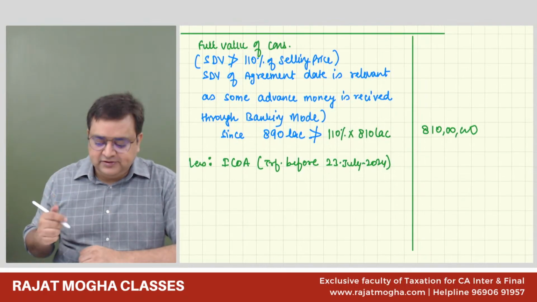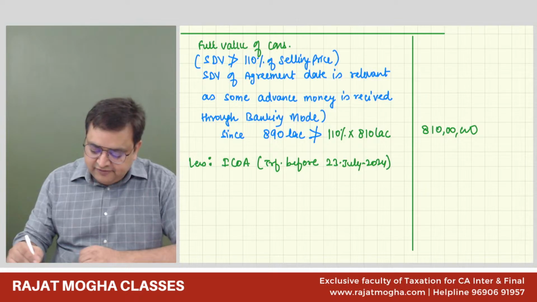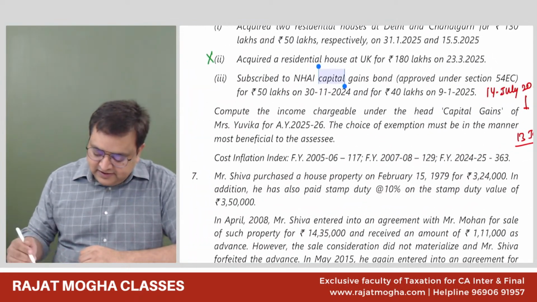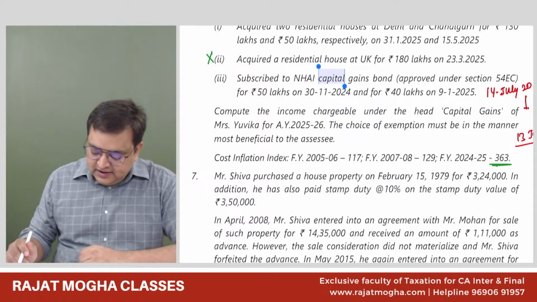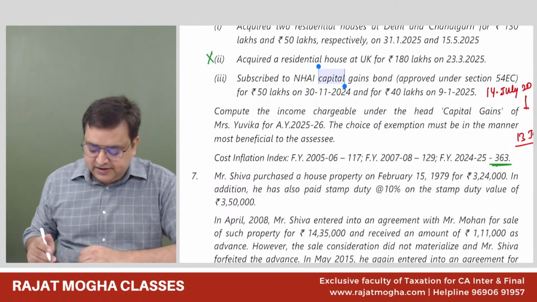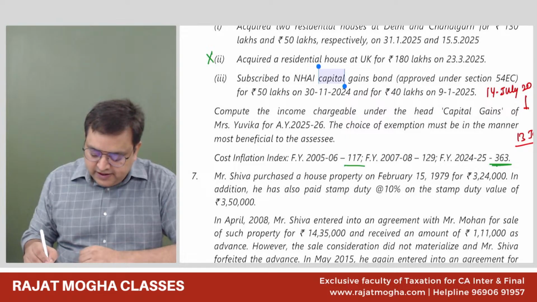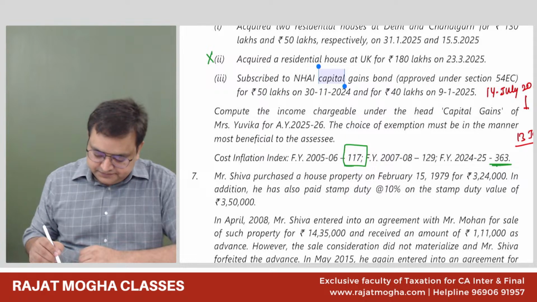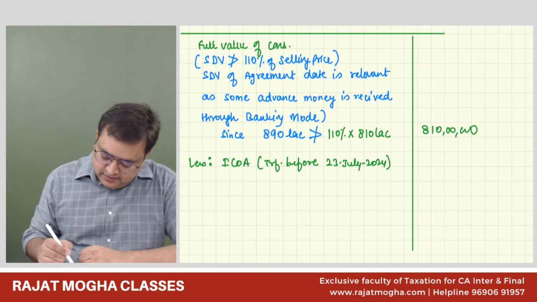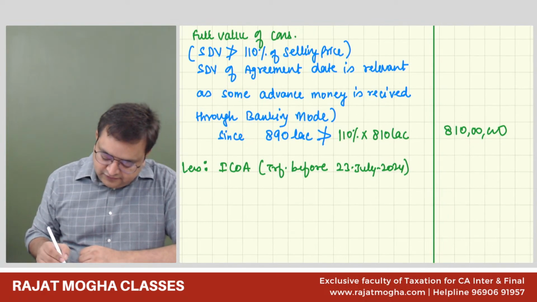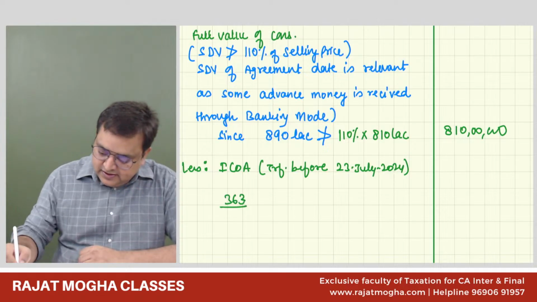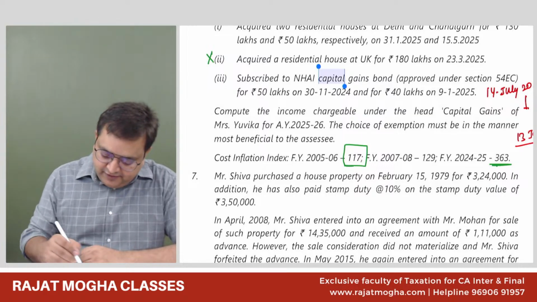CI of the year of transfer. In this year we have transferred it, and the CI for this year, it is 363. It is also given to us. And the year when we acquired it is 2005-06, CI 117. So index cost of acquisition would be CI of the year of transfer 363 divided by 117